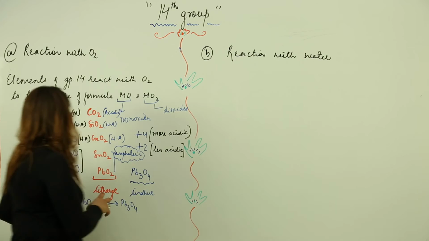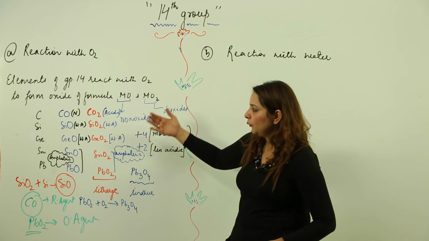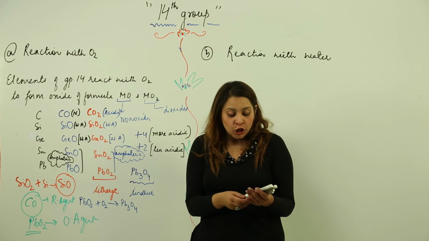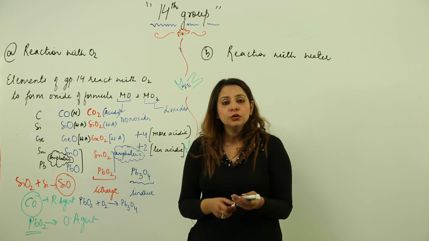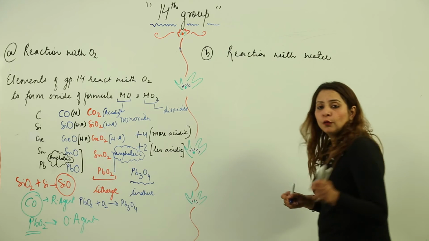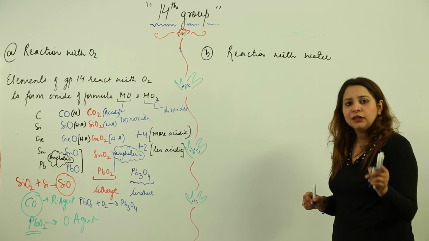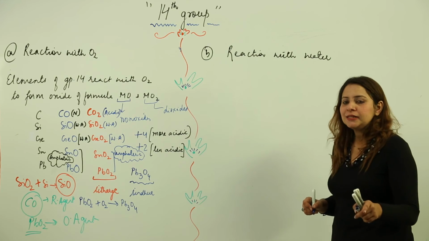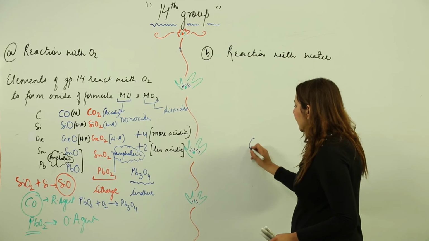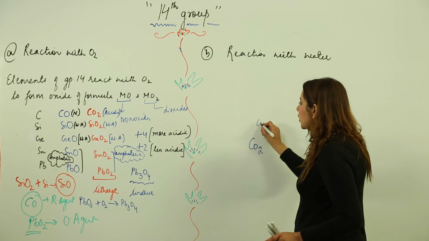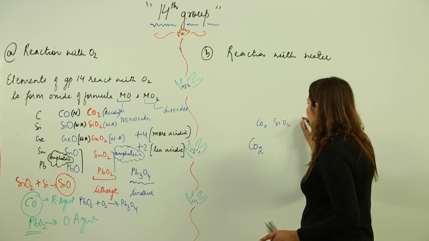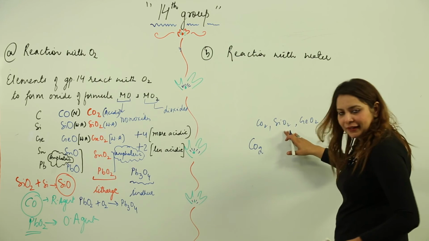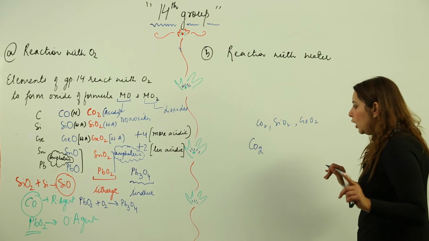And if somebody asks you to show whether this oxide is weakly acidic, or carbon dioxide is acidic, or these are amphoteric, how you need to show it is: if they are acidic, react them with base, and if they are amphoteric, react them with acid as well as base. Let me show you. Suppose I have carbon dioxide. As I know, carbon dioxide, silicon dioxide, germanium dioxide are all acidic. CO2 is more acidic, SiO2 comparatively less, and GeO2 comparatively even less. So how to show them?